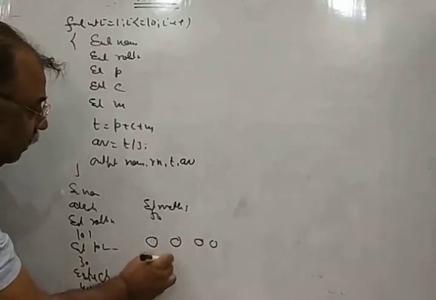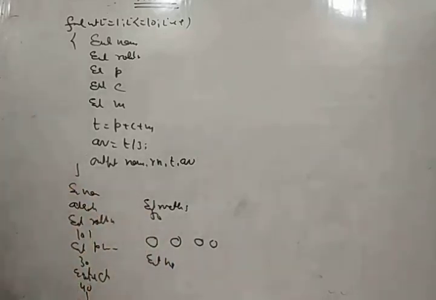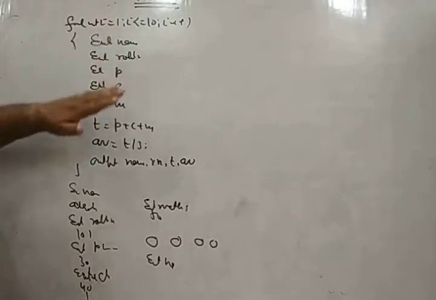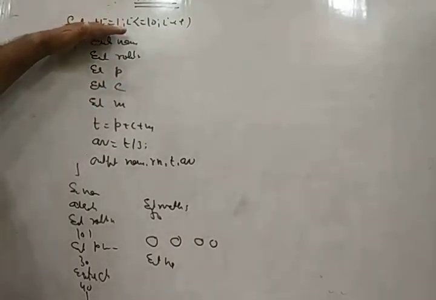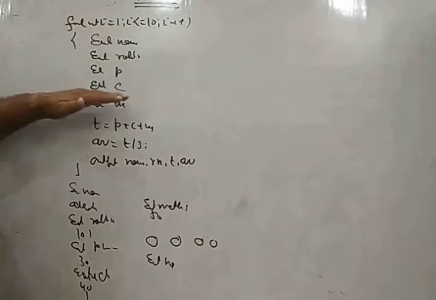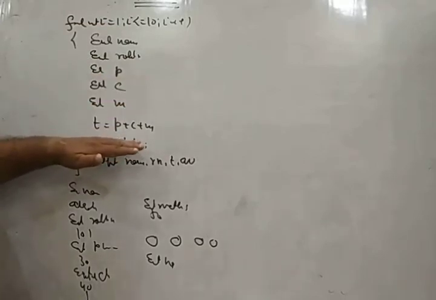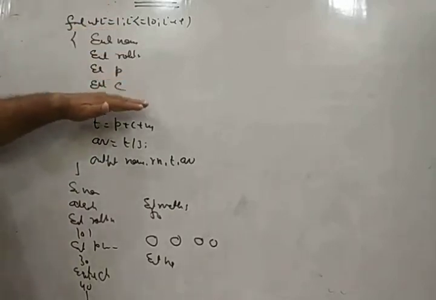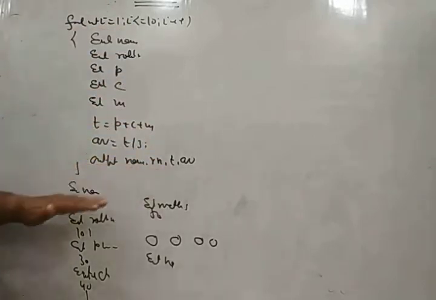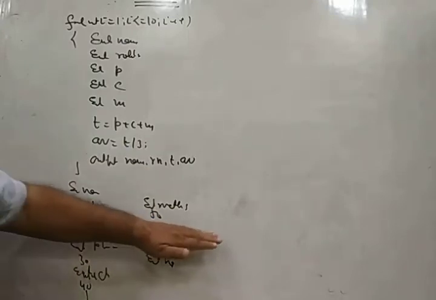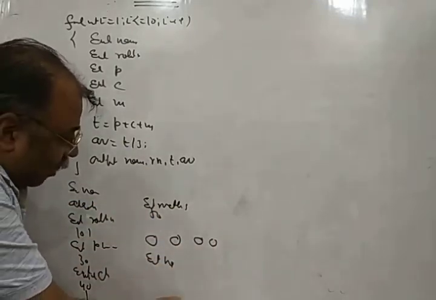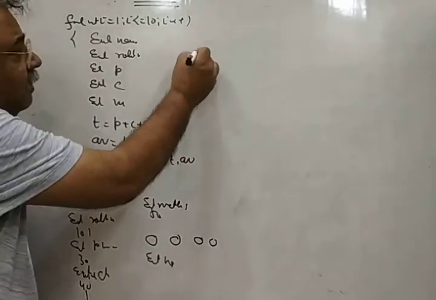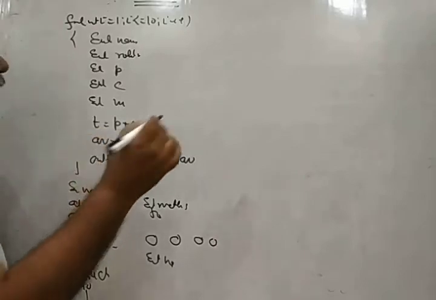Then again enter name. For the second student will come. So every time with the programming which you did earlier, you enter the values of one person, the one person's values are calculated and then the result is printed. Then the second person's values will be entered, calculated and printed. So this way, entry, then output, then second entry, then second output, then third entry, third output, and so on you get.